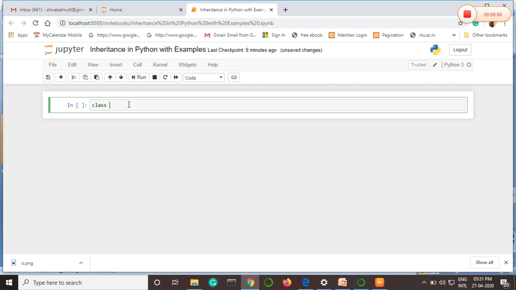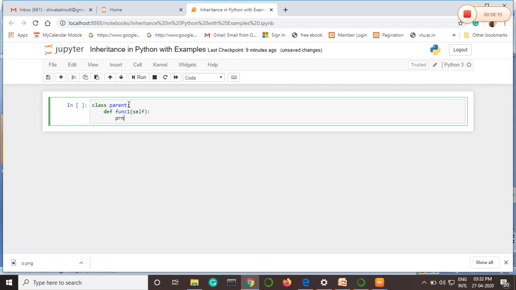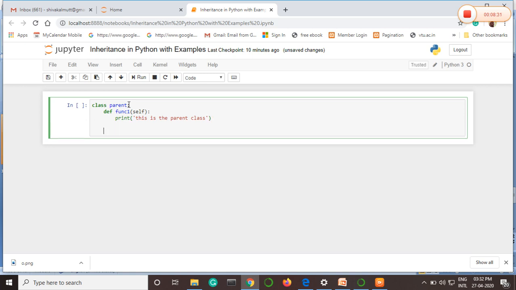So let us take, I will write class space parent, colon. I will define function 1, with self, colon, and I will write the function as print. This is the parent class. Okay. Now after this, I will write one more class, space child.